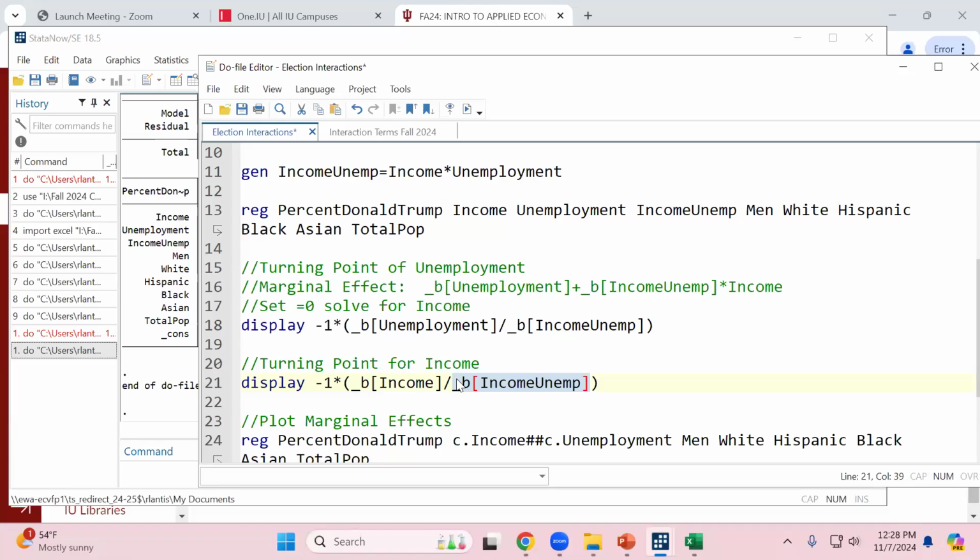So if we set this equal to 0, we said the turning point for unemployment was going to be that ratio of the coefficient on income divided by the coefficient on the interaction term. Okay, so that's all I'm doing here in this line of code. I'm taking that coefficient on income and dividing it by the coefficient on the interaction term. Now there has to be a negative sign out front, so I made sure I multiplied it by -1. Okay? If I then run this display command,